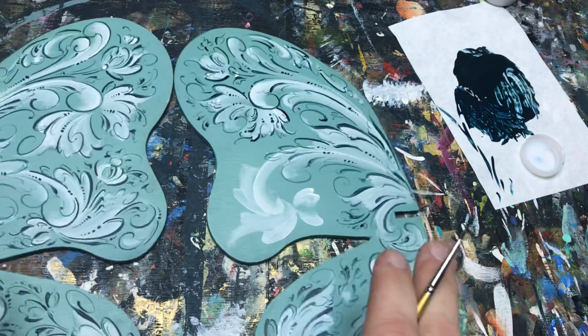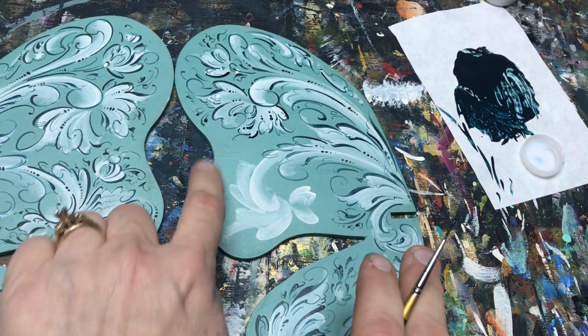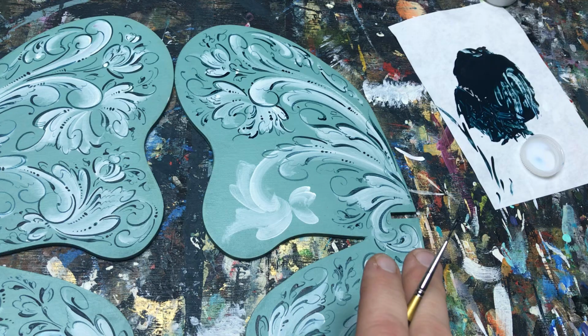All right, let's compare a little bit here. Oh, I'm missing a flower. Oh, I'll have to